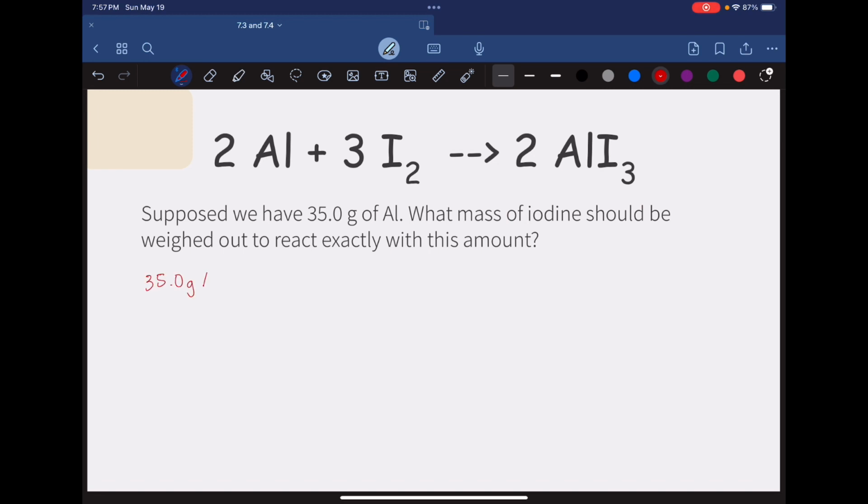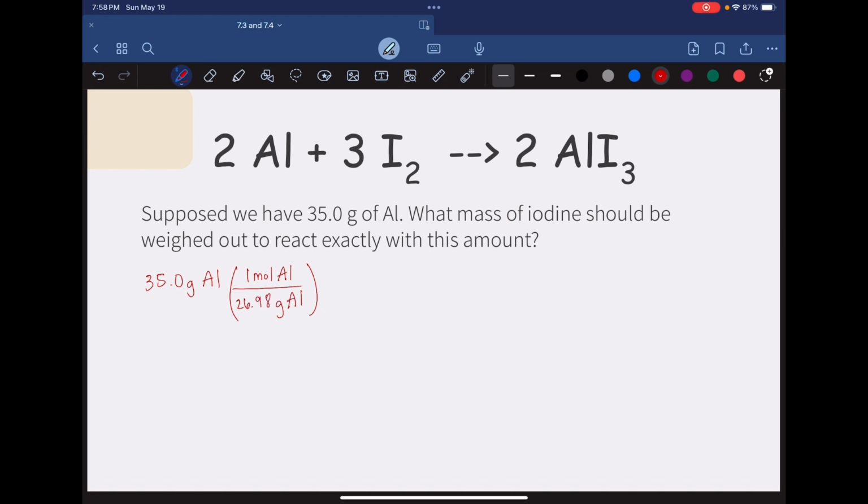35.0 grams of aluminum. In order to get to that molar ratio, we have to go from grams to moles. So I'm going to draw my wonderful line, and I'm going to find aluminum on the periodic table because I know I'm going to go from grams to 1 mole of aluminum. I know it's 1 mole of aluminum because the number I'm going to grab off of the periodic table will automatically mean 1 mole. So aluminum's mass is